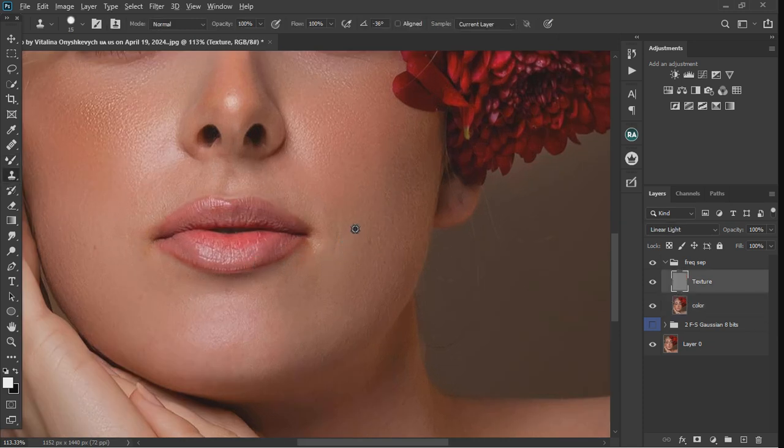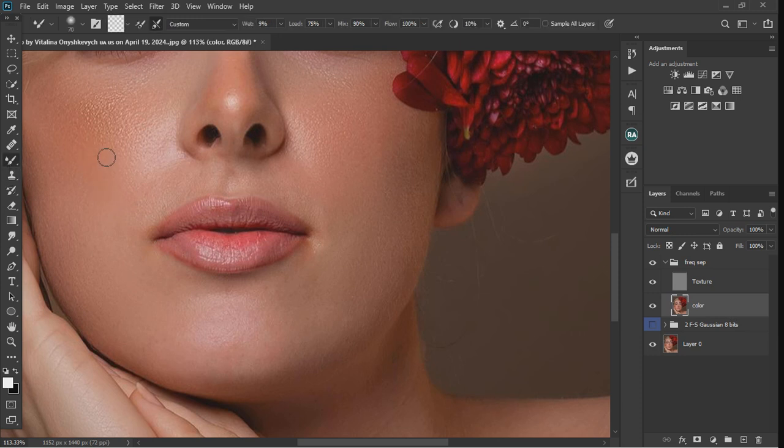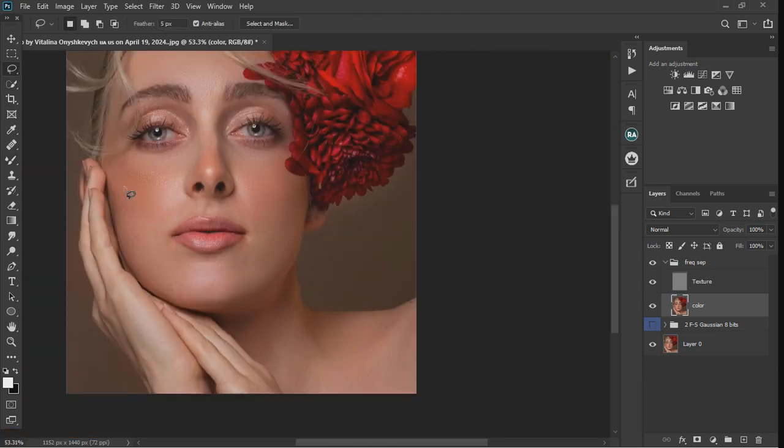Clone stamp tool, Alt, left click, select, and remove your blemishes. That's all you need to do to perform frequency separation or skin smoothing operation. So you can see how I'm moving in between, changing the tools. If it's not smooth enough, take your lasso tool, come, draw,